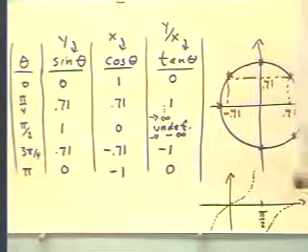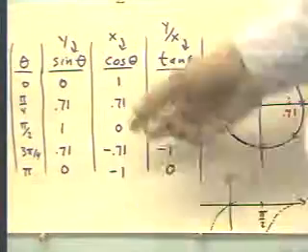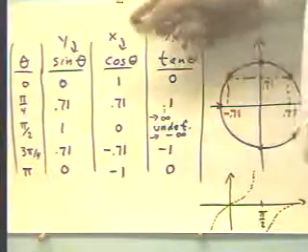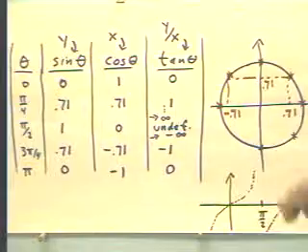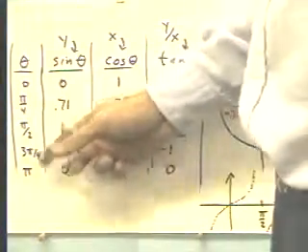Now let's consider the graphs of the sine, the cosine, and the tangent function. Remember that the sine is defined as the y-coordinate on a unit circle. The cosine is the x-coordinate, and the tangent is y over x. Just using theta from 0 to pi by pi over 4,